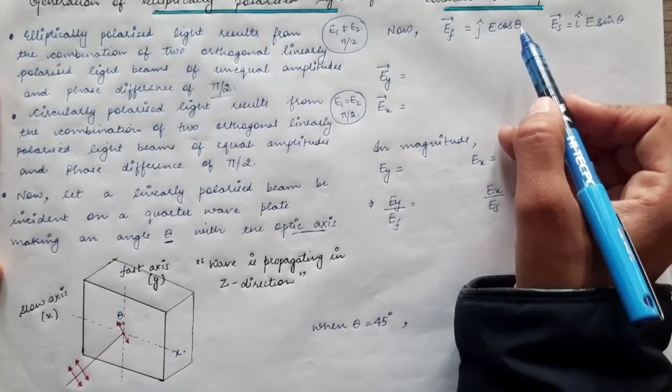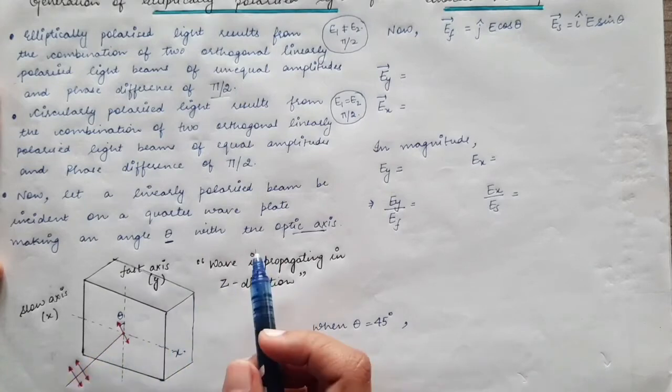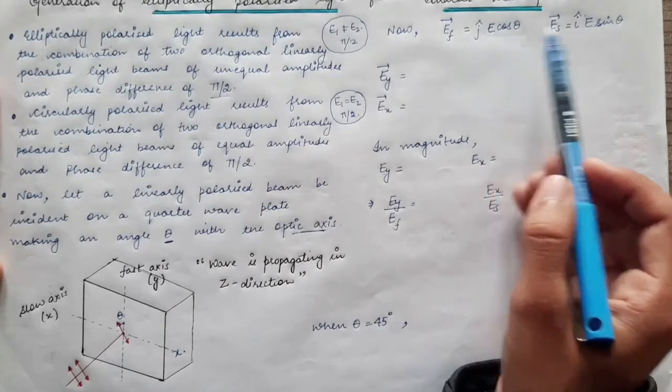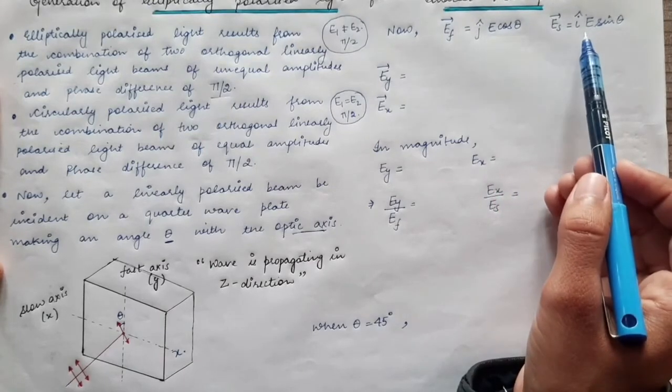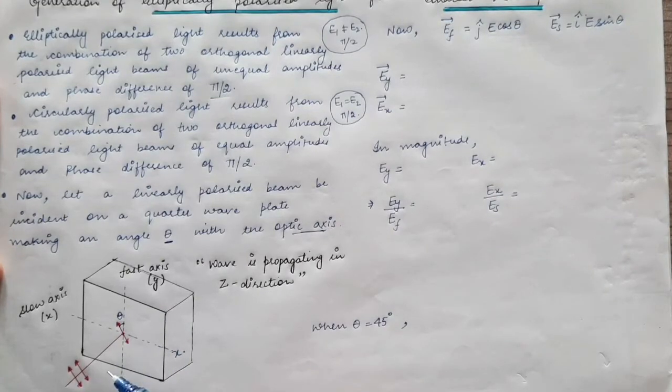So this theta is fixed, because we have already said that the light is propagating along the z-axis and is making an angle of theta with the fast axis. This theta can be set manually. We can change theta and fix it at a particular value. Let's say we fix it at 30 degrees. Throughout the experiment, it will remain at 30 degrees. So theta will be fixed and the amplitude is fixed. But actually the electric field vibrations are sinusoidal, so they change with time.